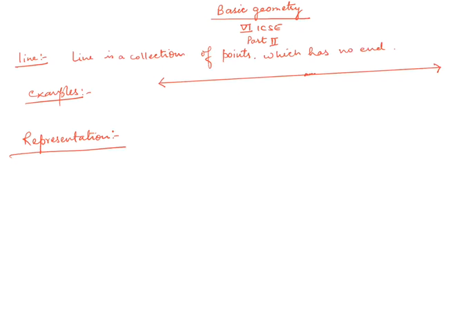So we cannot find any example on this earth which has no end. Suppose we take the edge of the table, that is only limited. Maybe it has a length of 1 meter, 2 meter, 3 meter, but in reality a line has no end point. In both the directions it goes endlessly. So all the examples I am giving you are just parts of lines, but I am giving you those examples so that you can understand the concept of line in a better way.